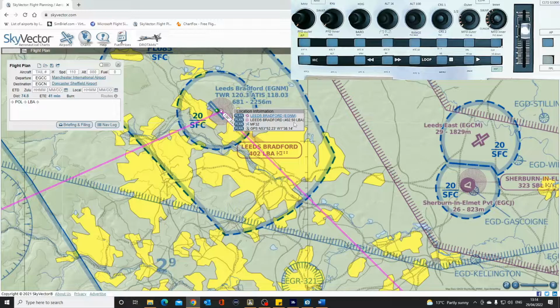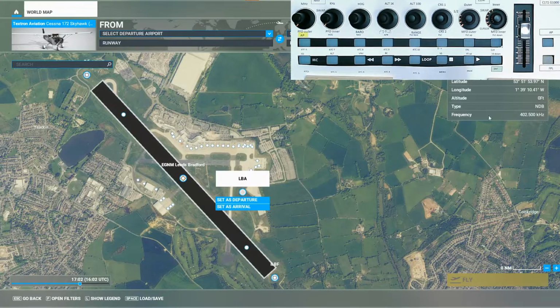I think in the real world, the spread of frequencies and the accuracy of that radio would probably pick up 402 and 402.5. It wouldn't matter. But with the digital radios and this digital simulation, it really matters. In fact, I checked that out, and I took a screenshot of the world map, and lo and behold, Microsoft have got it in their world map as 402.5. So